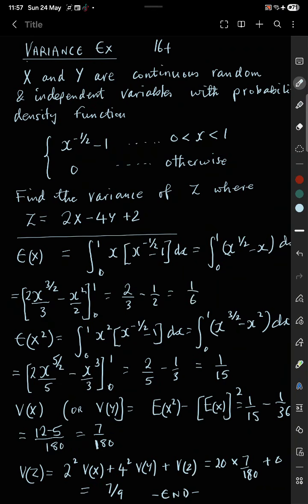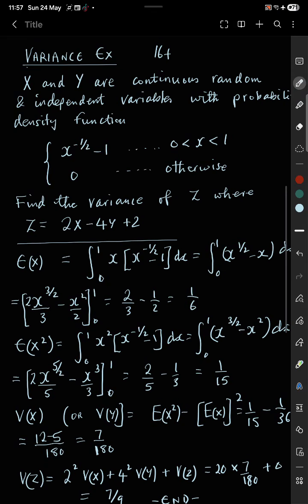Hello, here's an exercise on variance suitable for years 16 and above. It doesn't require any special techniques apart from basic integration and familiarity with the definitions and properties of expectation and variance. So the problem here is that we're given x and y to be continuous random variables, independent, and with